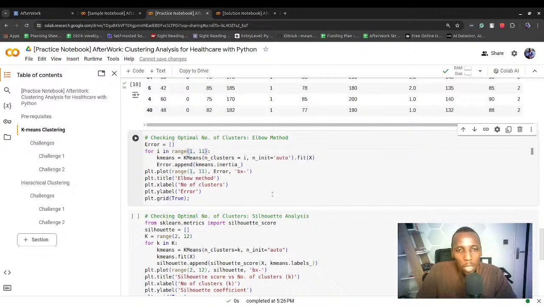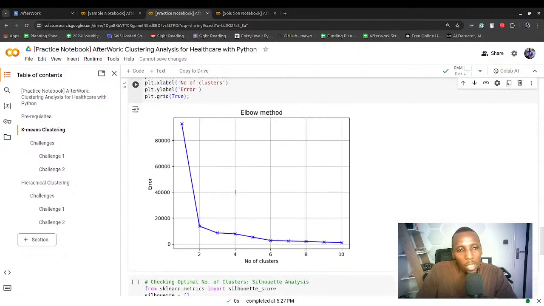And this would help us to see the optimal number of clusters. We're just using matplotlib in this case, and we can see that for 2 clusters, actually